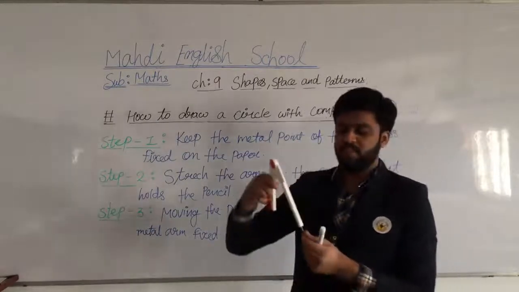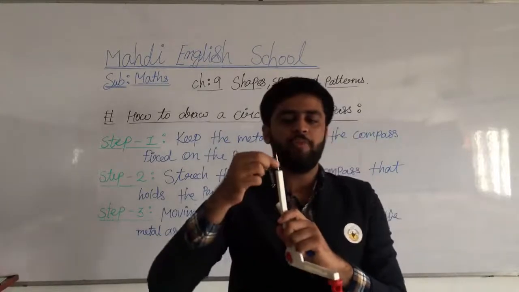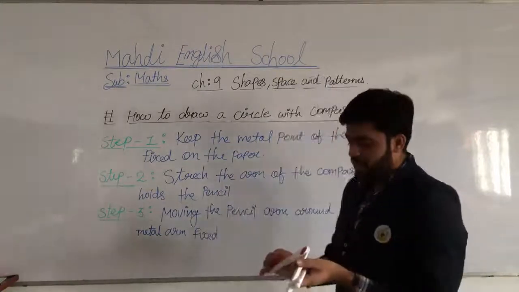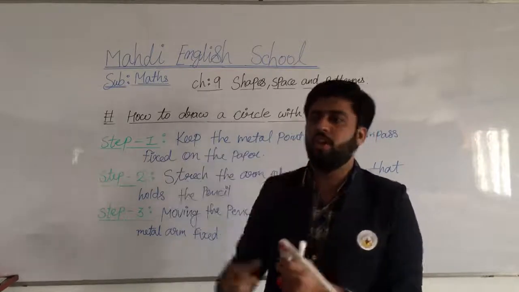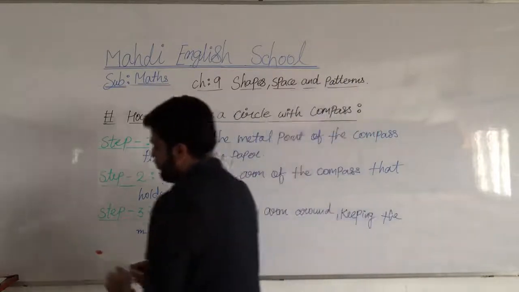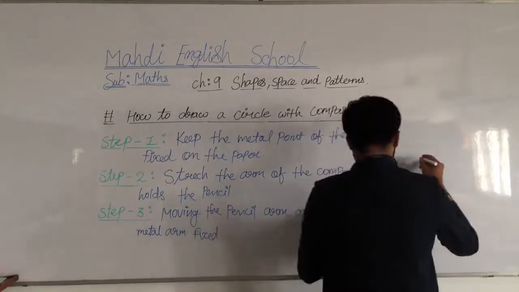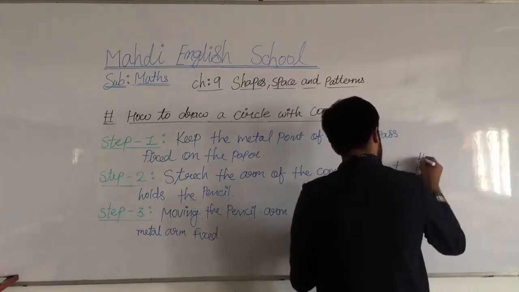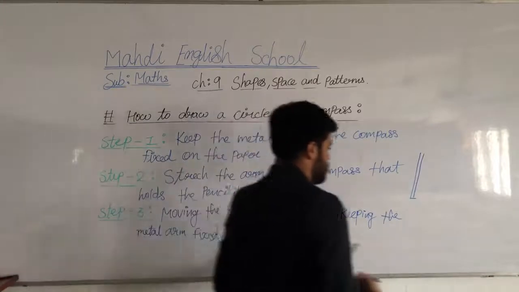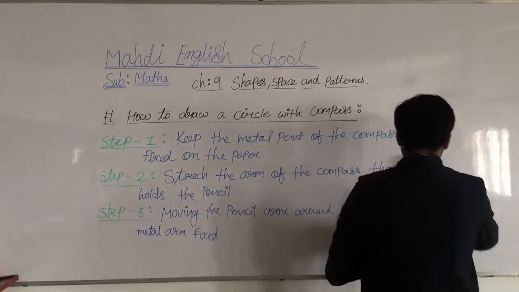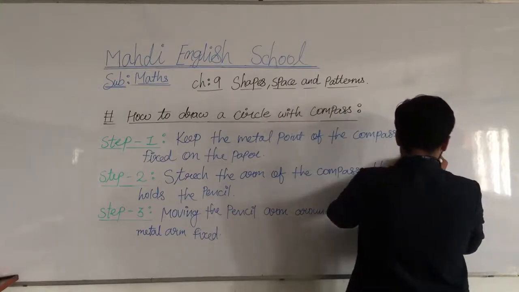See, this is the metal point, my dear students. Is this a what? Metal point. Okay, this is the metal point, and here is one small arm in your rounder. I'll draw the proper shape of the rounder. Here I am going to draw the shape of the rounder. And then, my dear students, I will explain it to you here.